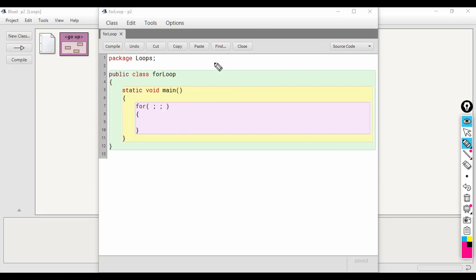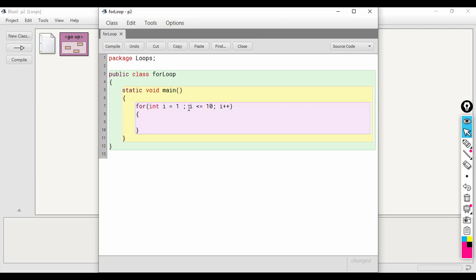So let's see an example. For example, I have declared a variable here, int i. So this i will be used as the control variable. Let's initialize it with 1, and the condition, let's say it will be i less than or equal to 10, and then I've got i++.